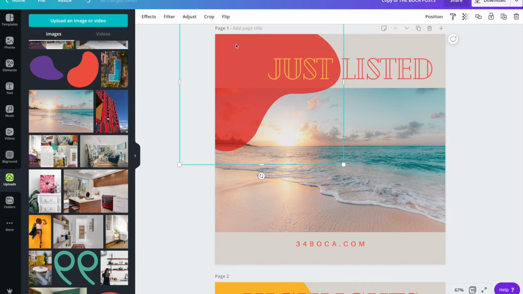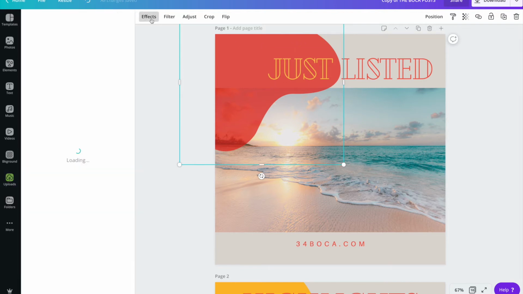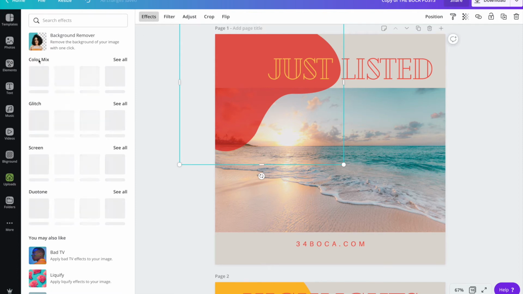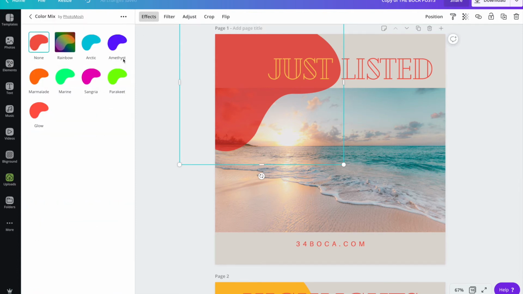These shapes have been created outside of Canva and then uploaded into Canva, so they require a little bit of finesse in order to change. So just make sure that the shape is highlighted, head over to Effects, and then we like to use Color Mix because it's really simple to just change the base color. So if you don't want the red and you want something like